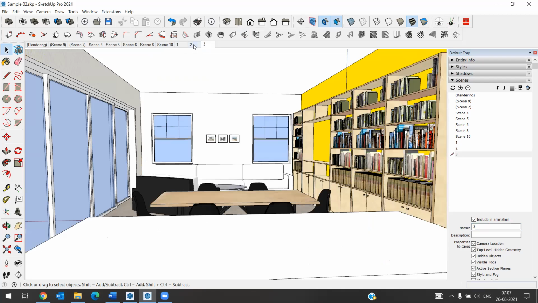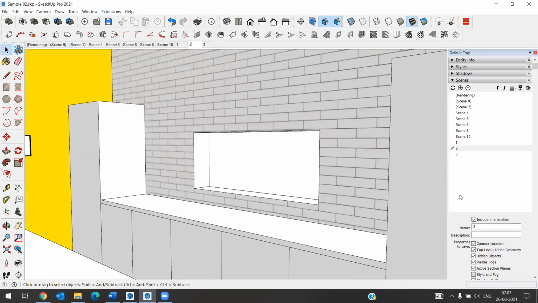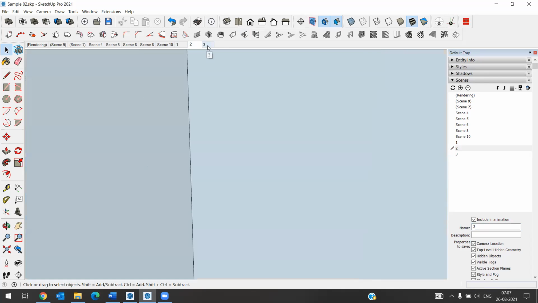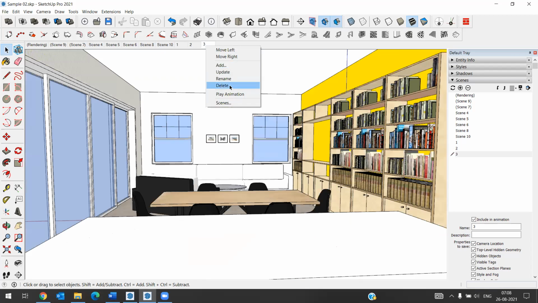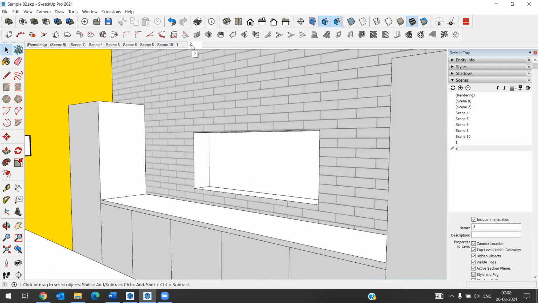See, it is coming all the way through this, right? So it is going somewhere from that. So what I will do is I will delete this. Okay, from scene 2,